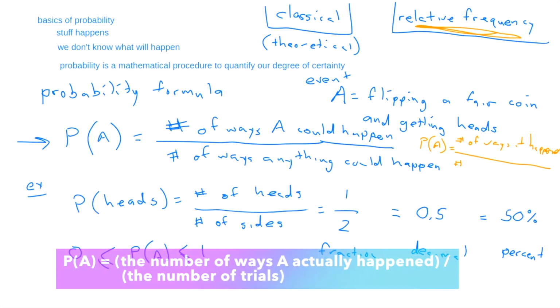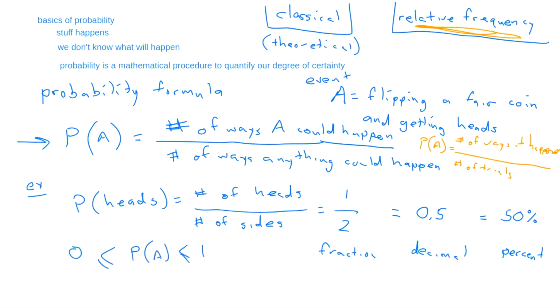And so what does this mean? This means I actually have to get out of a chair. It means I have to go rummage up a quarter, and I need to flip it, I don't know how many times. I'm going to flip my quarter 10 times. And if I flip a quarter 10 times, how many heads did I get?